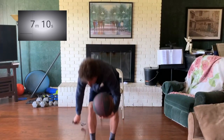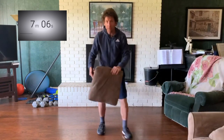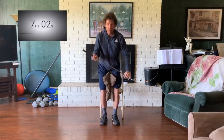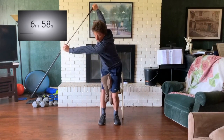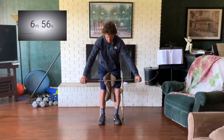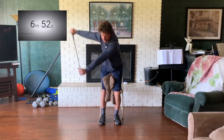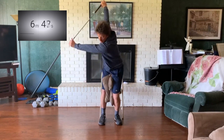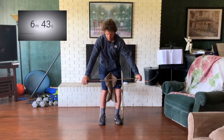Okay. Still squeezing. I'm going to transition to a pillow to show you that with Grandpa's Who Golf, you can use anything around the house. I'm going with the pendulum. Squeezing in there. And again, because I've had that trouble with all that typing, this is the one that gets me. Squeeze